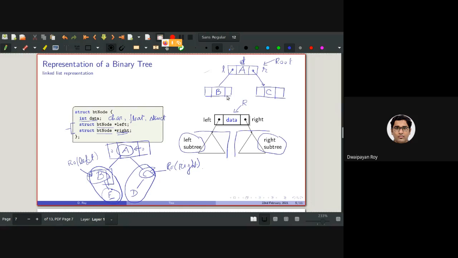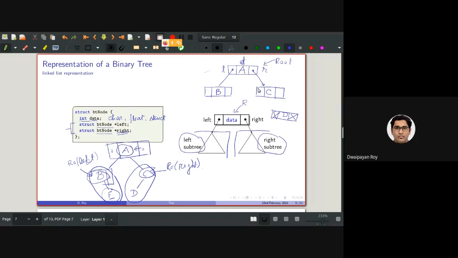So again, for this example, if a new node comes with the data d, initially a node with d, having left child and right child pointing to null, will be created. Then, depending on its parent, the address in its parent will be changed.